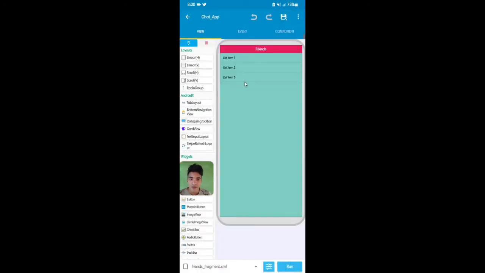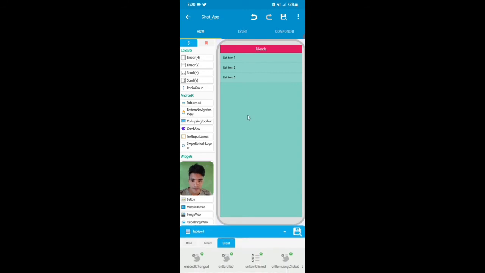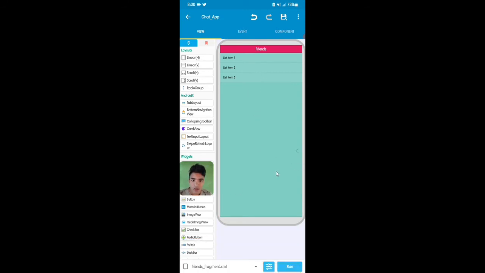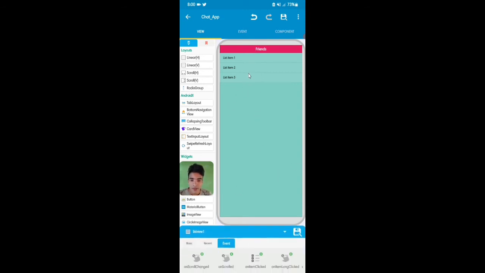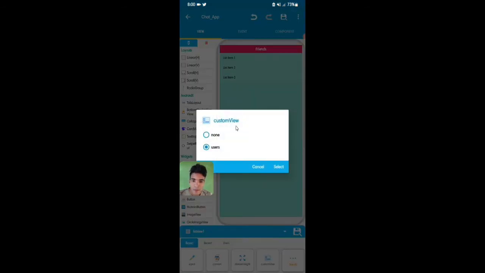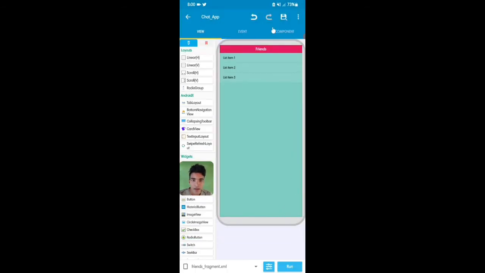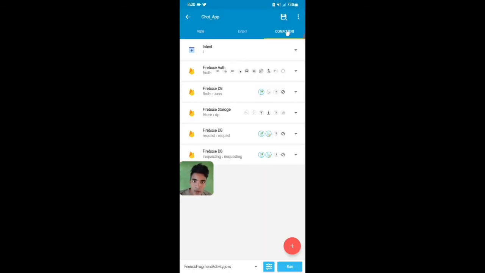So guys, in the friends segment, first this is the list view 1, and I'll add this custom view to users. Okay, this is the custom view, and I'll add the same component here, if you can see here.